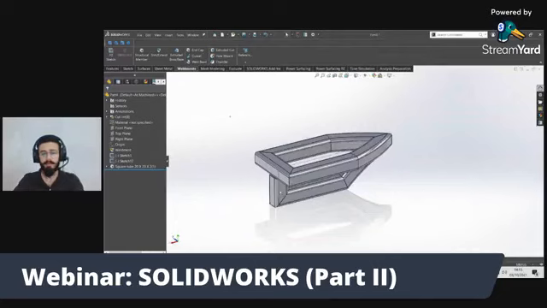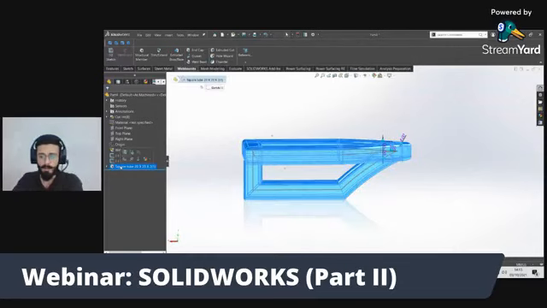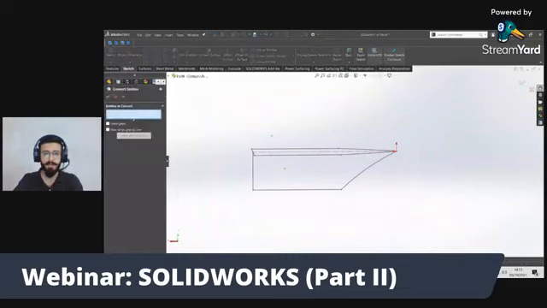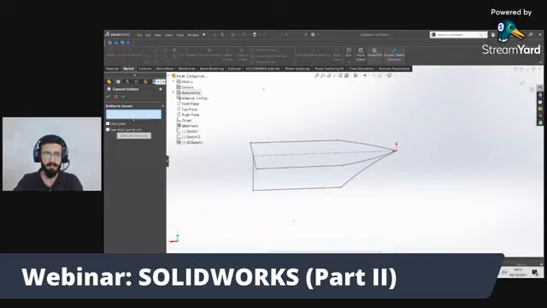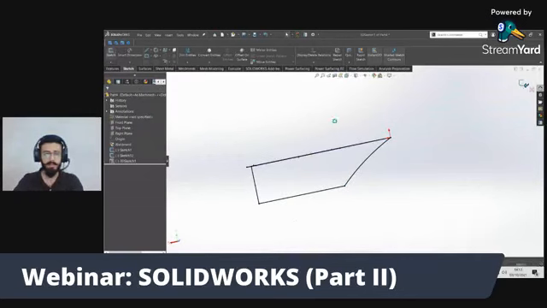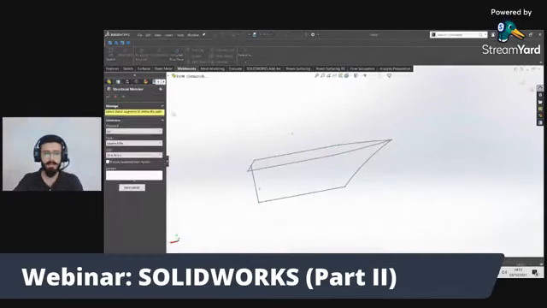But let me show you what you have to do if you want to create only one sketch. Just delete this, go to 3D sketch and select all the sketches, convert entities, convert all the entities. Let's select it from here, sketch 1, sketch 2. We have converted all this into a 3D sketch. Complete it, then hide the 2D sketches. And now let's try to design this square tube. Now group 1, see,